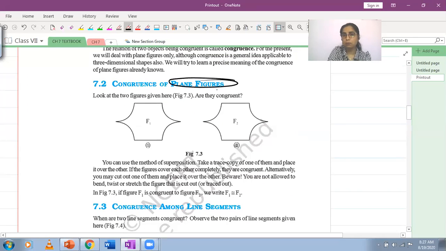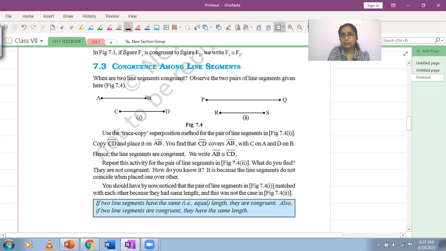We will be studying about plane figures. Plane figures are also called 2D figures. I hope you remember, I had made you write that 2D figures are also called plane figures. So they have started with line segments. Actually, line segments are not two-dimensional. They are just one-dimensional because they have only one dimension, the length.